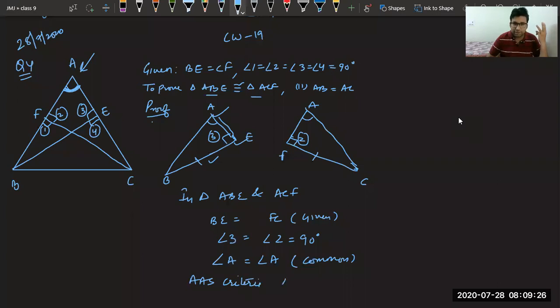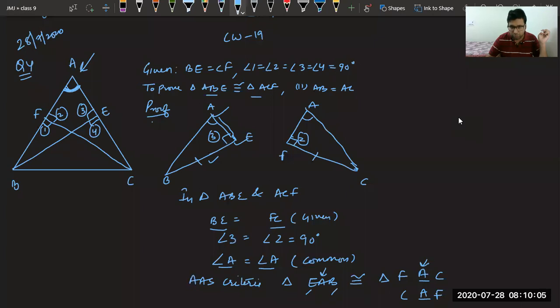Yes, and for the triangle, let me change the name this time to make it a little bit interesting. If I call the first triangle EAB, then what is the name of the second triangle, all of you? Please try. We know BE equal to FC. So BE first and third position, it should be FC or CF. Now tell me, middle one is A. Which one is correct? Good, Ayush, Ananya, very good, beta. So let us check again with one more property. Angle A equal to angle A. Angle A is coming in the middle.